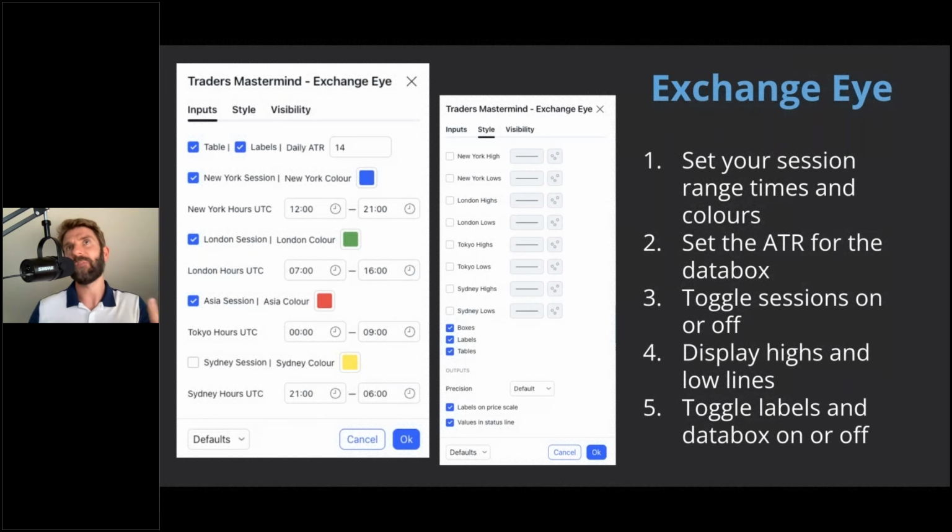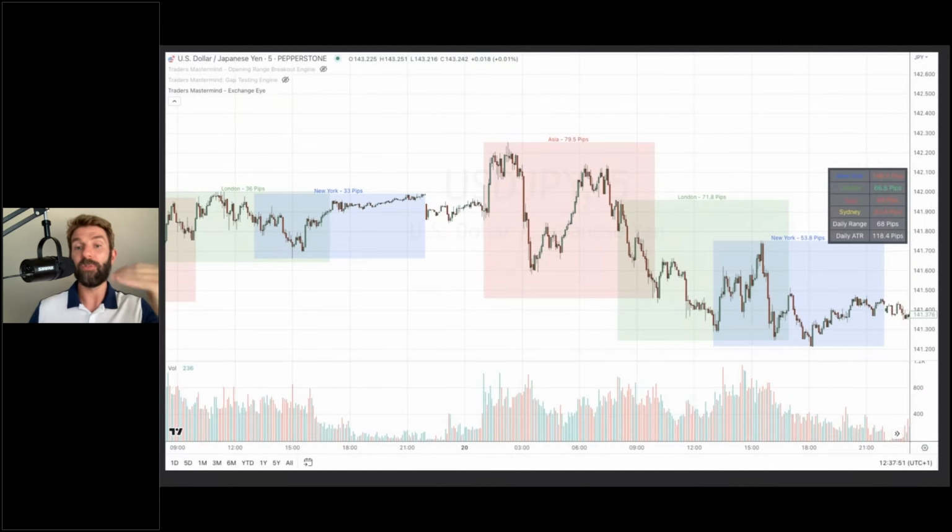Now, personally, the developer did this and said, I've added this. I was like, okay, personally, I'd recommend you put them in manually. So if you want to put your New York high in, or your London high in, then a manual line I think is better. But if you want to do auto, then it does it for you. I just feel like sometimes when you do something manually, you get a real feel for what the level means. It's just me, but I'm old school like that. I like to put things in manually, but it's a nice visual representation.